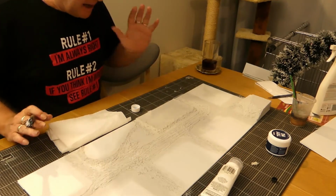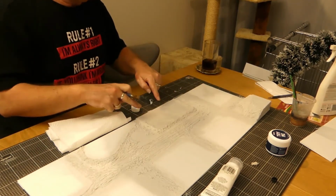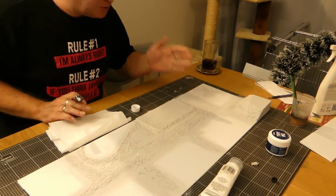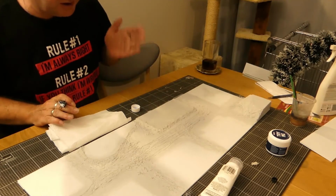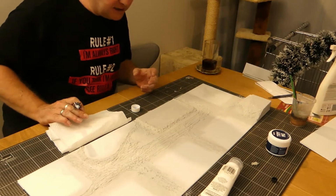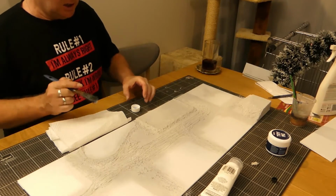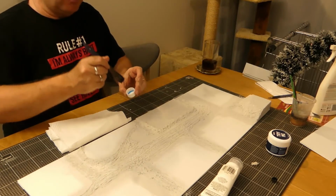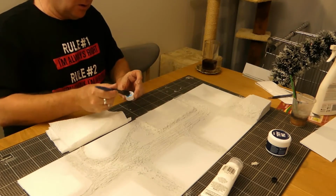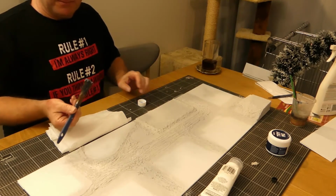So, dry brushing. I'll show you on this area here because it's nice and regular and it's sort of the same size, so I can cut it in half, and I'll show you what one part dry brushed looks like as opposed to just the base coat of grey. The idea about dry brushing is that all you're doing is catching the raised surfaces, okay? So you don't splodge your paintbrush in and then just brush it straight on. You get a little bit on the end, wipe as much off as you possibly can, and then